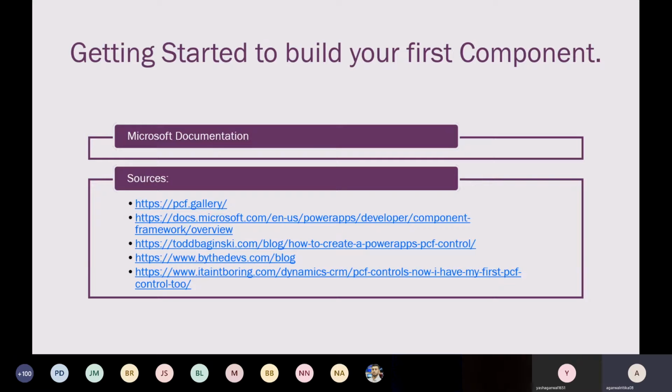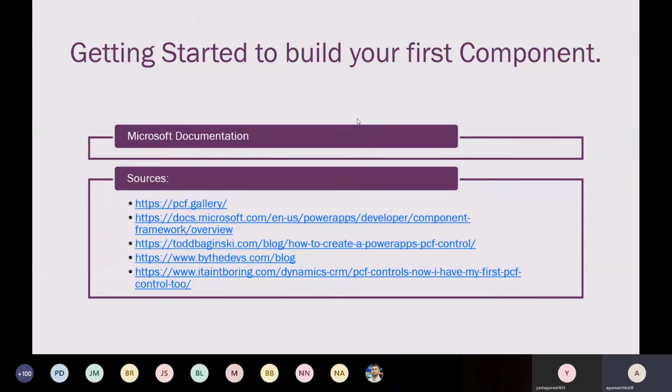Because let's say I have built a component and I push that to a GitHub repository. There is a git ignore file which protects my personal information and all those things. So some of the files might be missing. We can take a few steps, like 2 or 3 steps, and we can easily push that control to our environment. So these are a few resources we can refer to while starting to build our components.